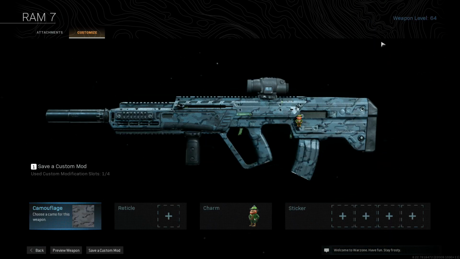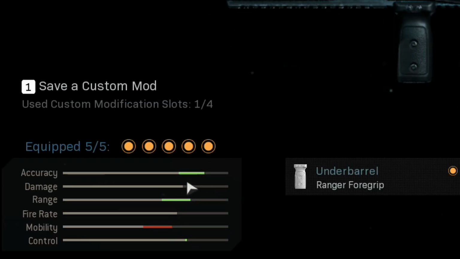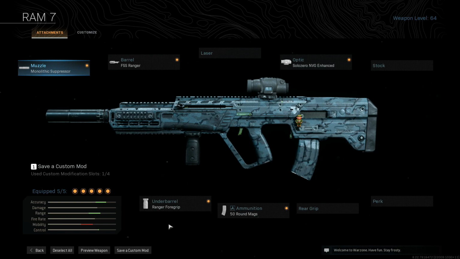So I kept trying to think of these ways to unlock the weapon. I mean, you can see with great reason why I want this weapon unlocked. Look at the accuracy, look at the range, look at the control, and the ability to sacrifice all that mobility to make that happen. Yes, please. But unfortunately, I had locked myself out of the weapon, and I still needed to get the challenge